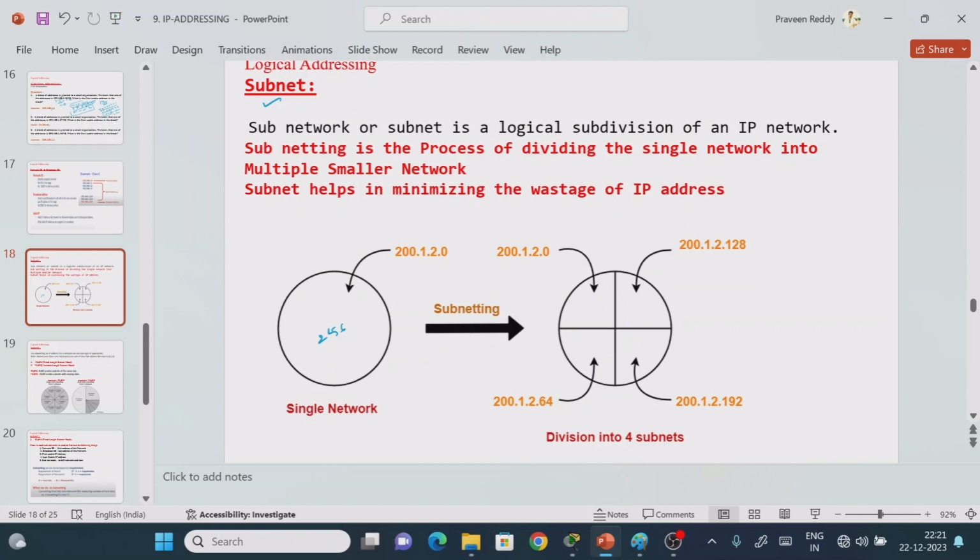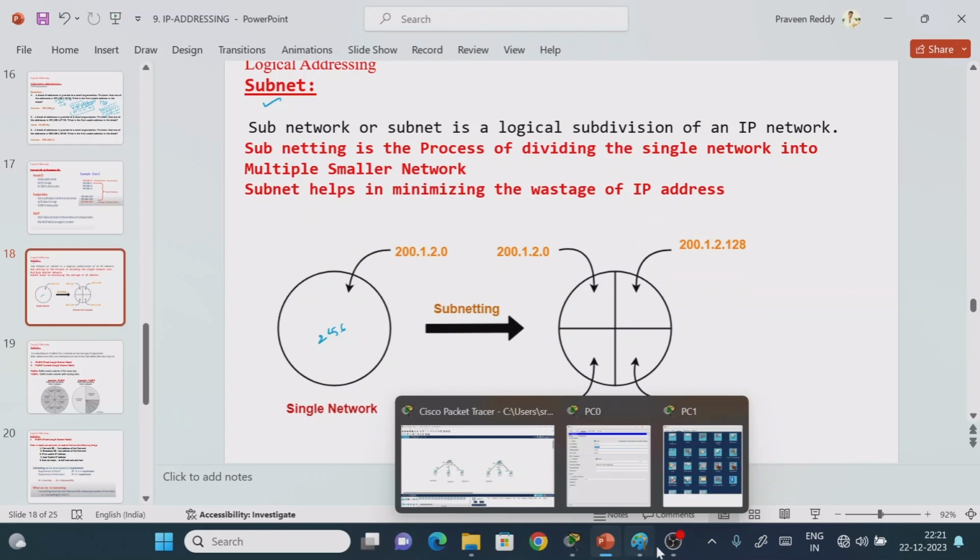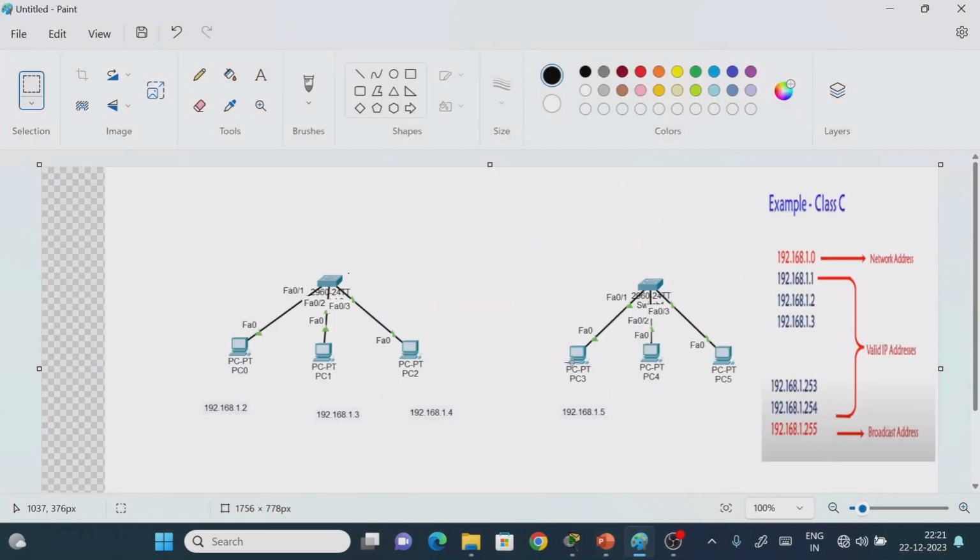A subnetwork or subnet is a logical subdivision of an IP network, right? Subnetting is the process of dividing a single network into multiple smaller networks. Why do we need to perform subnetting? It helps us minimize the wastage of IP addresses. Now what is the meaning of this? Suppose, for example, as we discussed in the previous class,